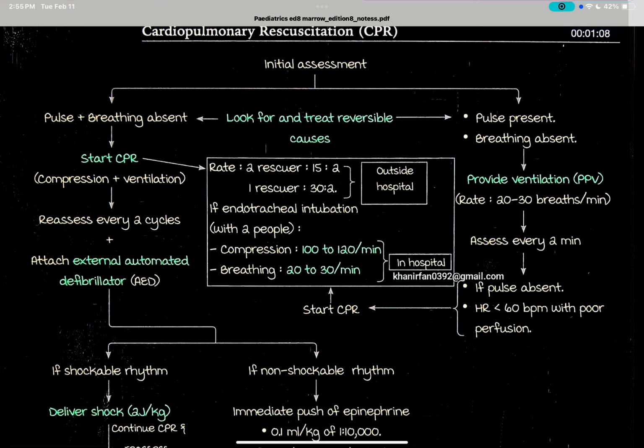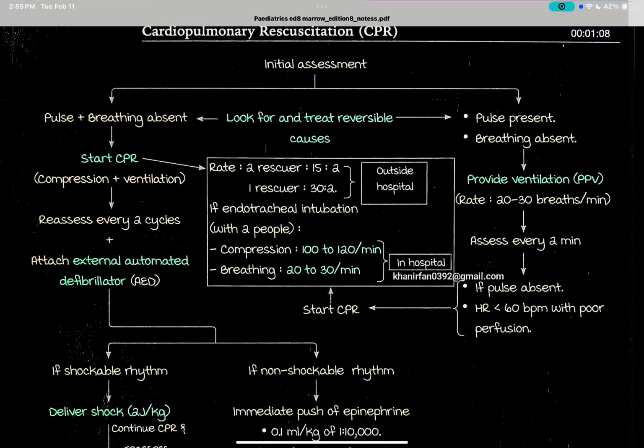Pulse present and breathing absent: provide ventilation, positive pressure ventilation, at a rate of 20-30 breaths per minute. Assess every 2 minutes. If pulse is absent, or heart rate is less than 60 beats per minute with poor perfusion,